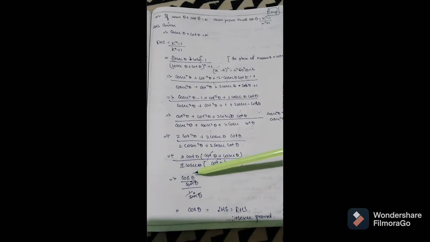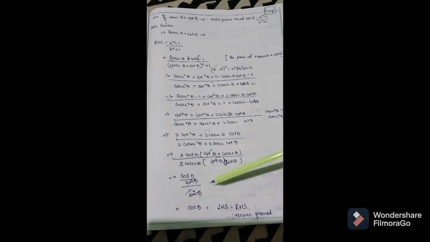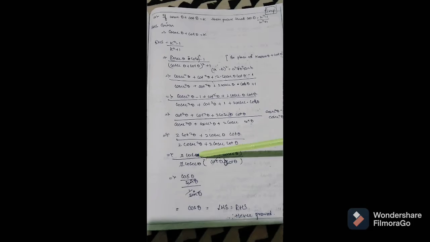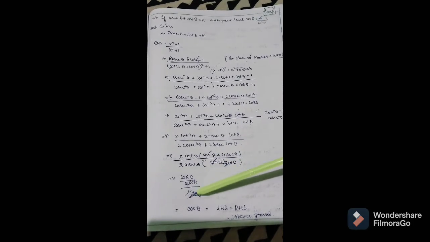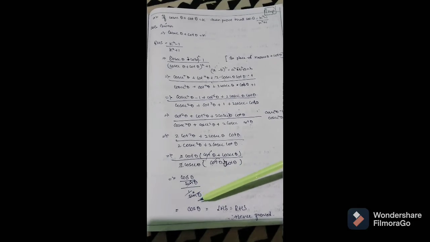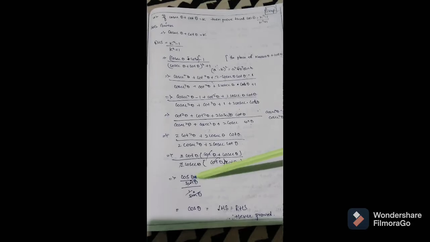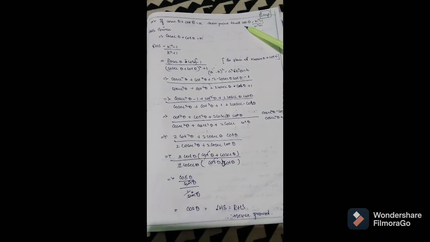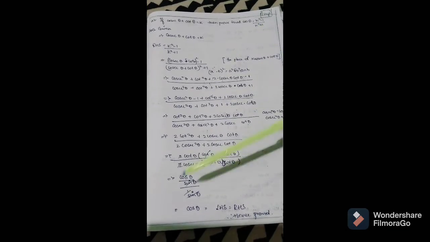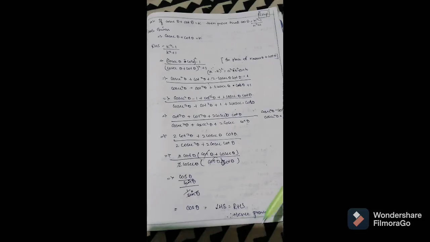We get cos by sin by 1 by sin theta. Here cot theta means cos theta by sin theta. Cosecant theta means reciprocal of sin theta, so we'll get 1 by sin theta. So here sin theta gets cancelled. So we get cos theta as the answer. So the LHS is cos theta, and the RHS is cos theta. So LHS equals RHS, hence proved.